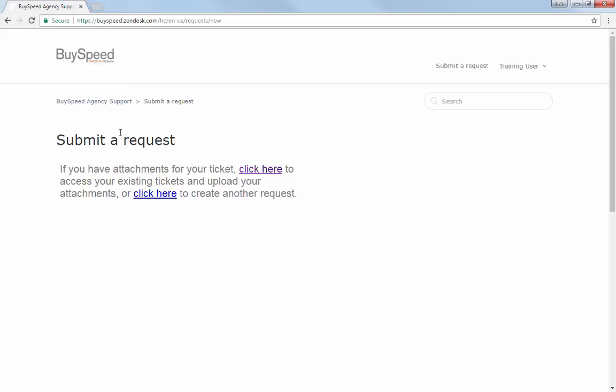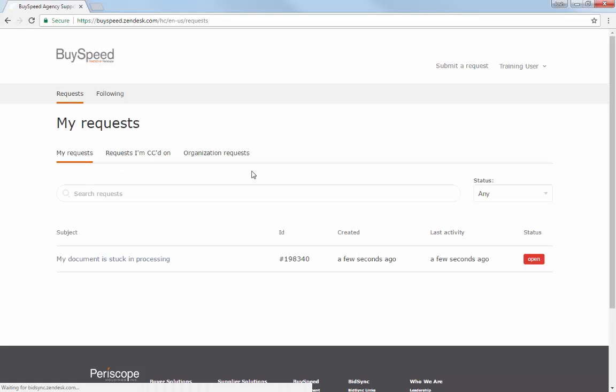And this will give you a confirmation saying your ticket has been created, and you can view your tickets right here. So if you click here to view your tickets, that'll take you in to see the ticket that you just created. Now, one thing I want to specify before we take a look at this ticket,